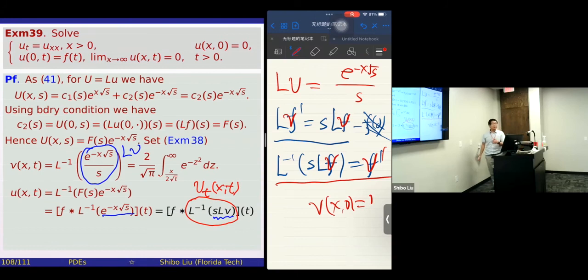Okay? This is what I want to say. V_t, so this is the convolution. Our solution U is the convolution of our f and V_t. Here V is the function given here. By the definition of a convolution, the convolution of f and V_t,